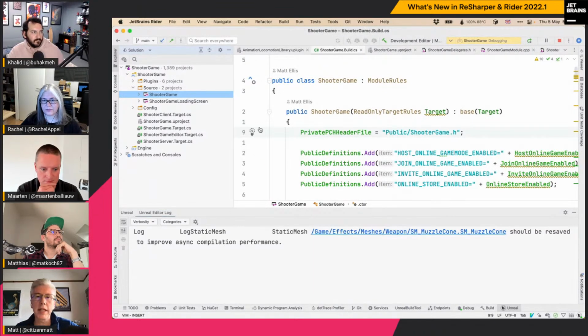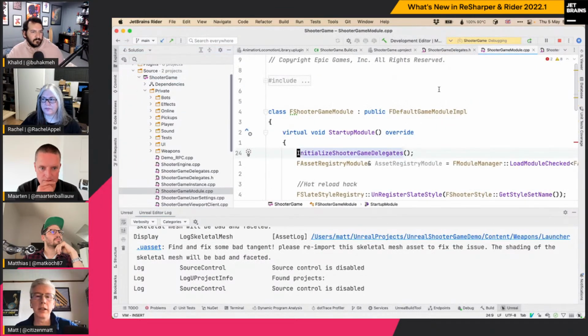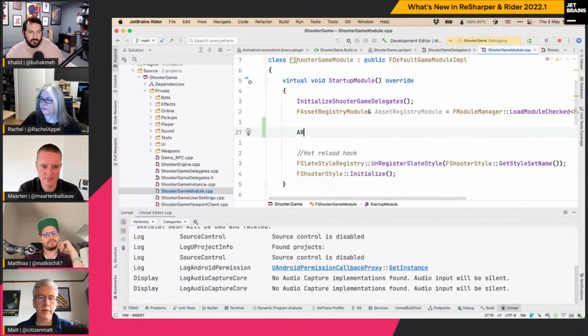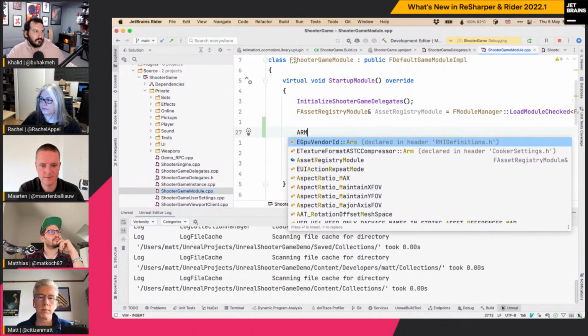Let me have a look at some things. We've got the usual sort of features you expect with navigation. We've got fun things with C++. So for example, if I'm using assets module there,